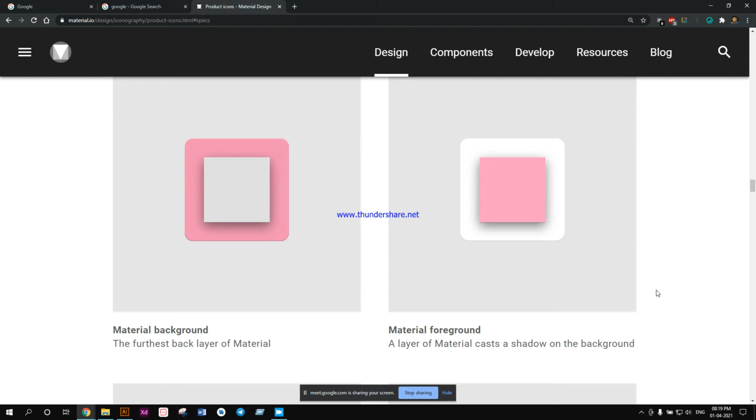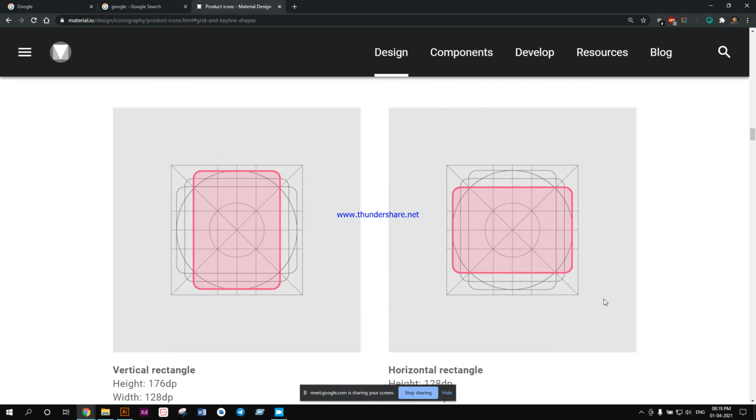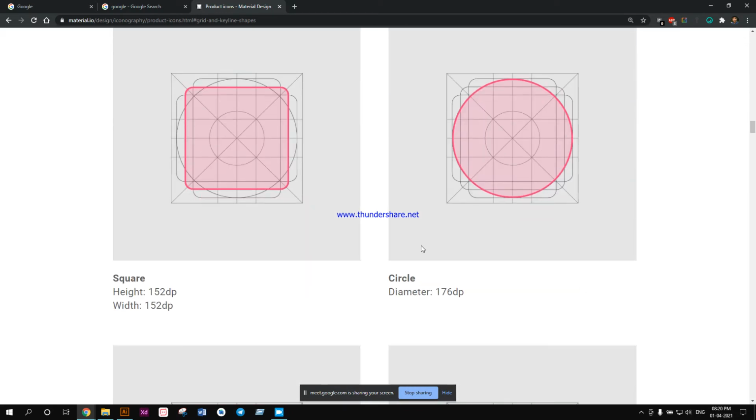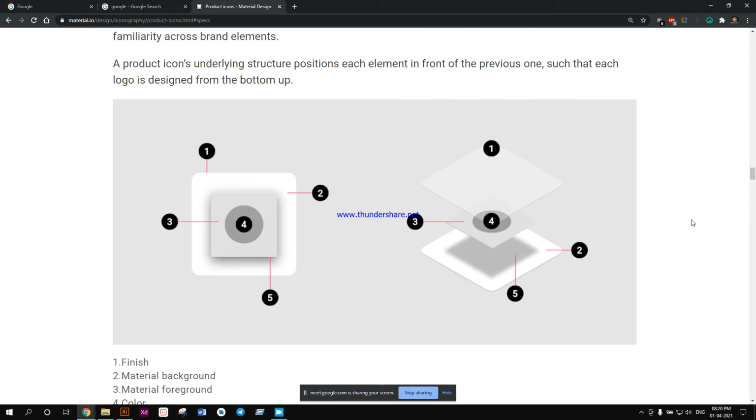But you should basically remember only one thing: you should not go out of these key lines, otherwise the icons will look bad and out of proportion, and may also be cut off from the screen. Anything other than that is perfectly fine. These guidelines given over here are just so that you can create it very fluently, but it doesn't need to be that way.